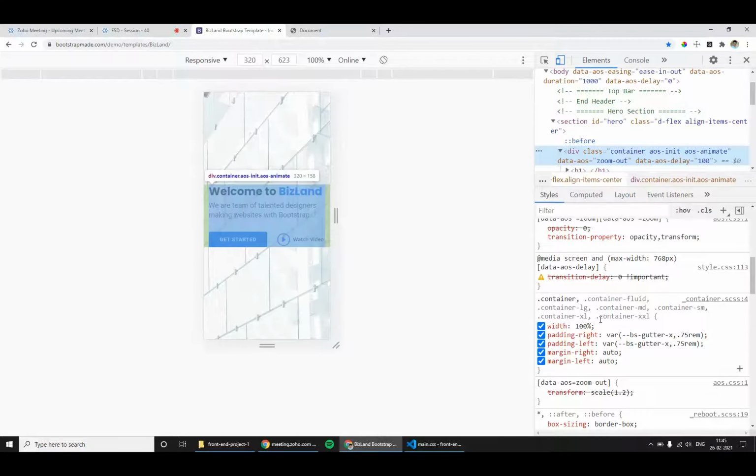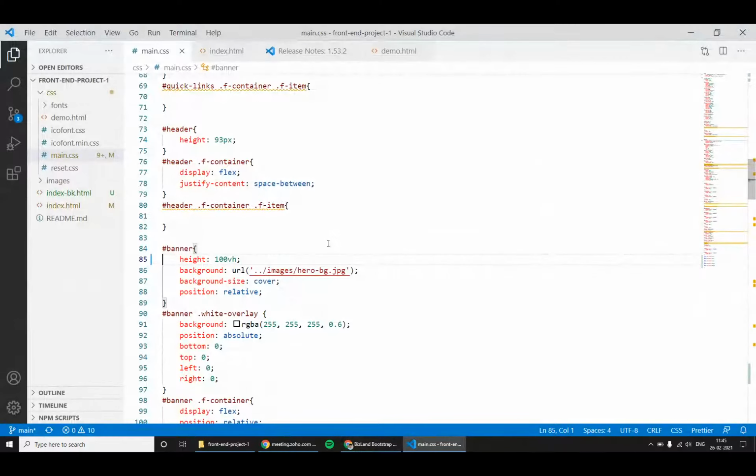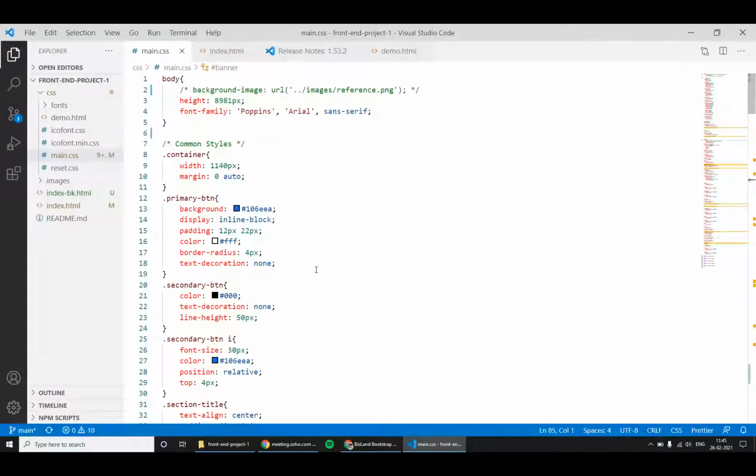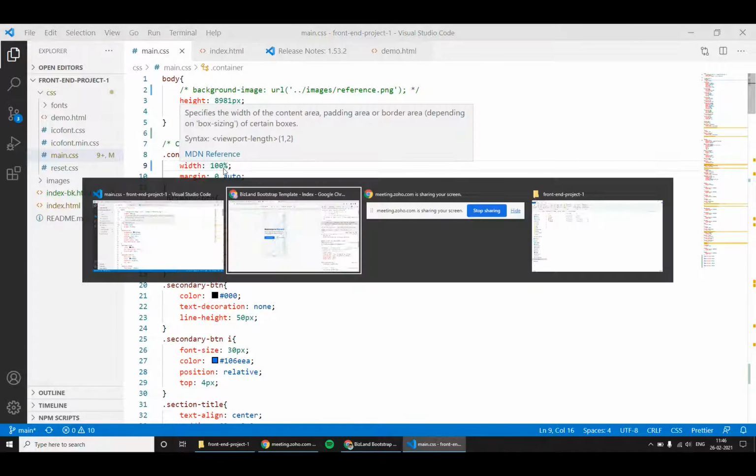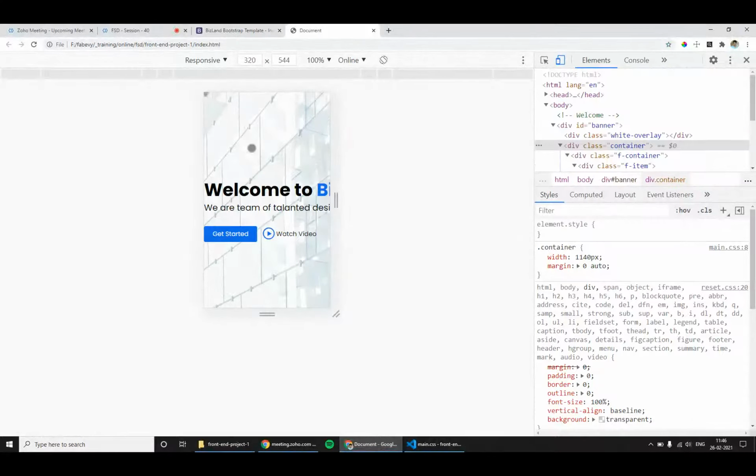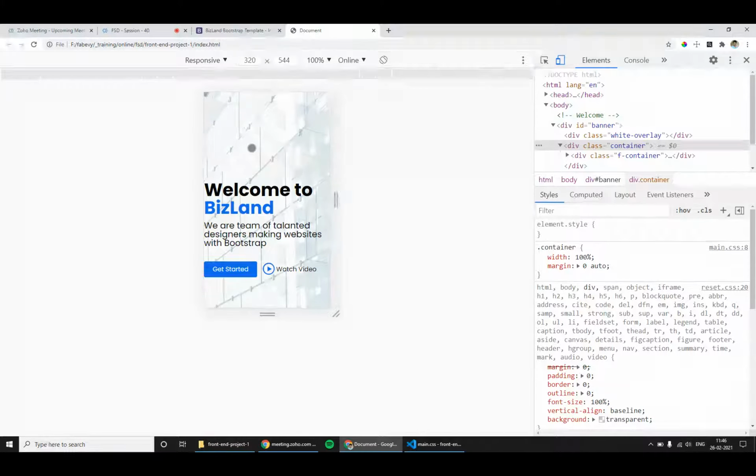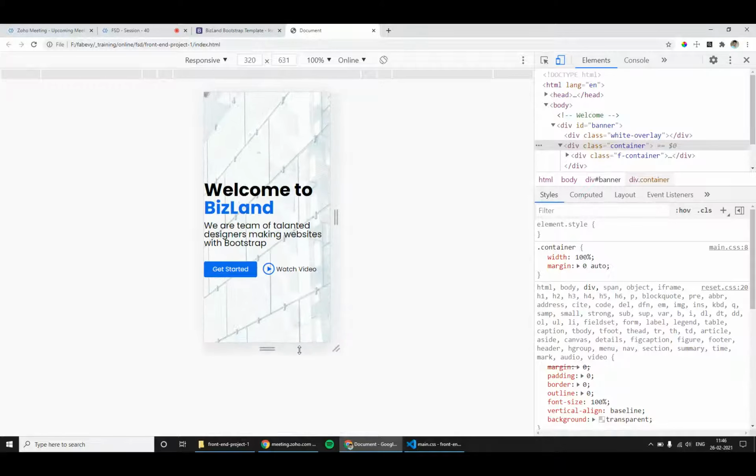Container width is 100%. So you have to copy this and apply in your web page. Mostly for mobile view or the small screen view, they will apply 100% as container width because we want to know the smallest size of the web page. So it is good practice to give 100%. And let me refresh my page. We got it. So now the height of my banner will be the height of the device. So whatever the device size, it will occupy the entire height.